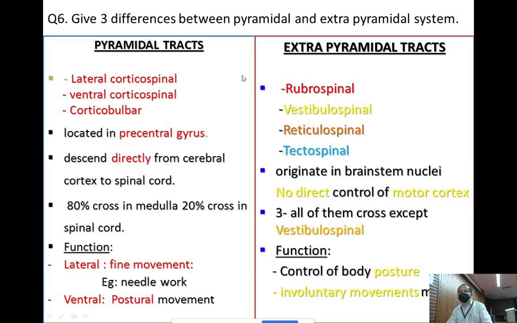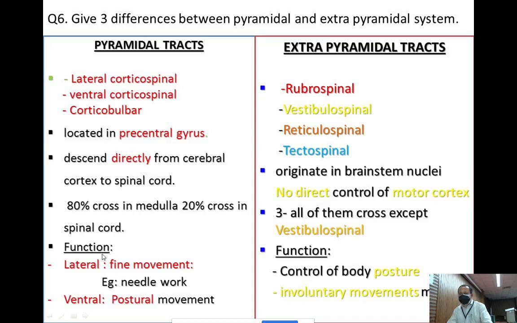Now, you must remember that the lateral corticospinal tract and the rubrospinal tract form what we call the lateral descending column, and the rest of the extrapyramidal tracts form the medial descending column, along with the ventral corticospinal tract. Another thing is that